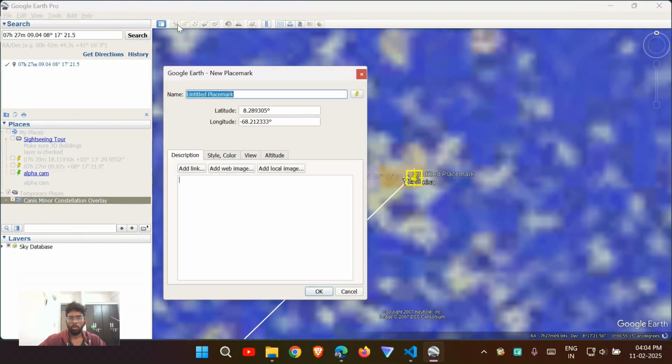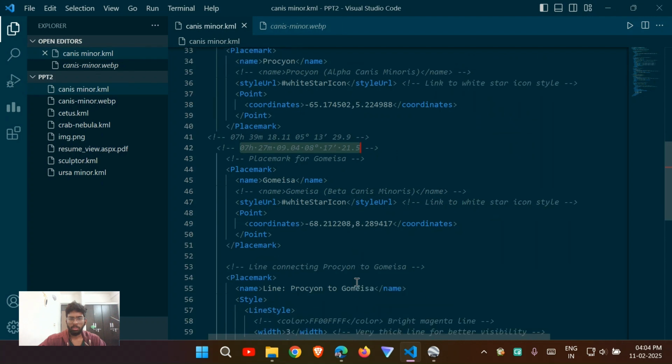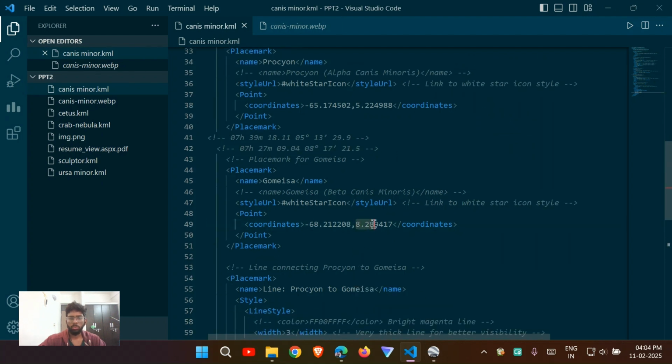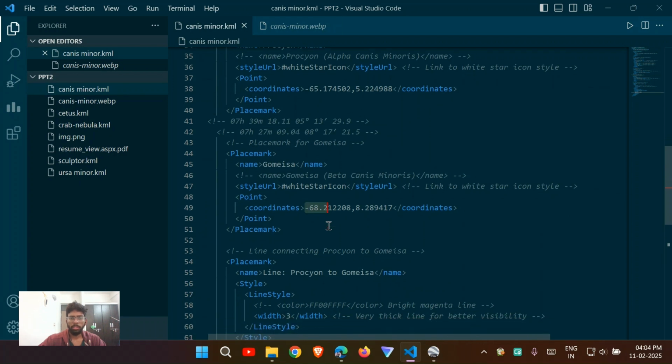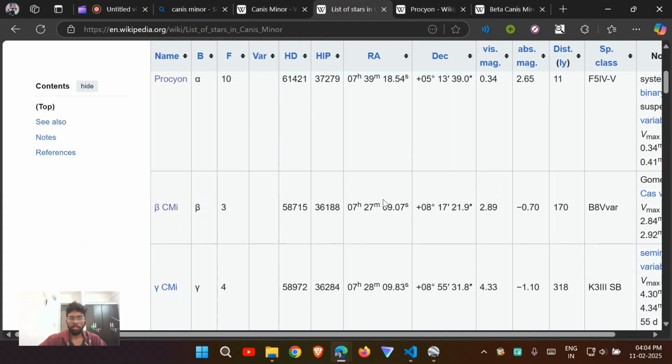Then you put a place mark picker. It shows 8.2 and minus 68.2. So this is the second star. Okay, you can see I have taken the coordinates from Wikipedia star list,